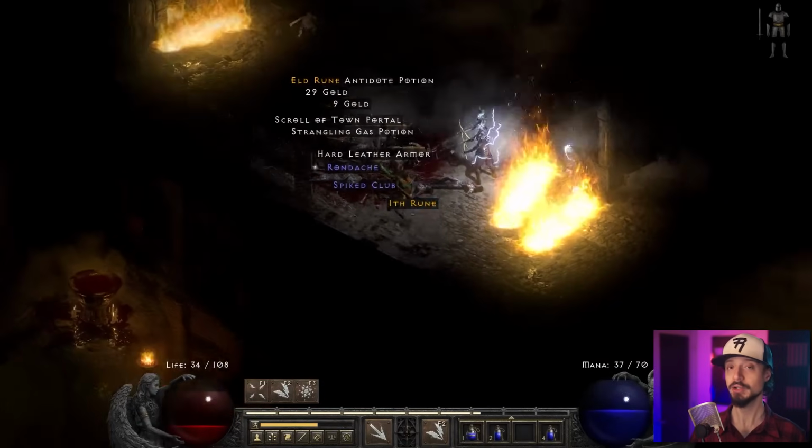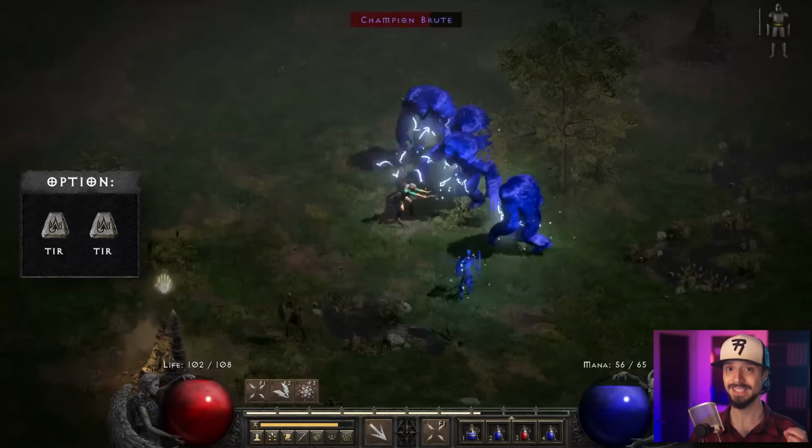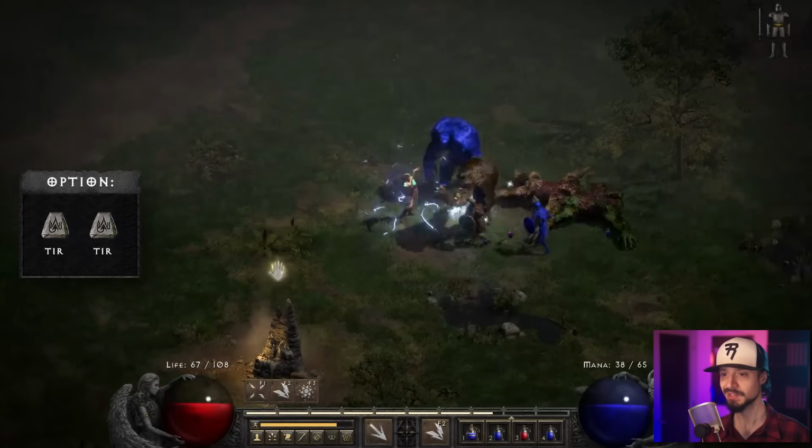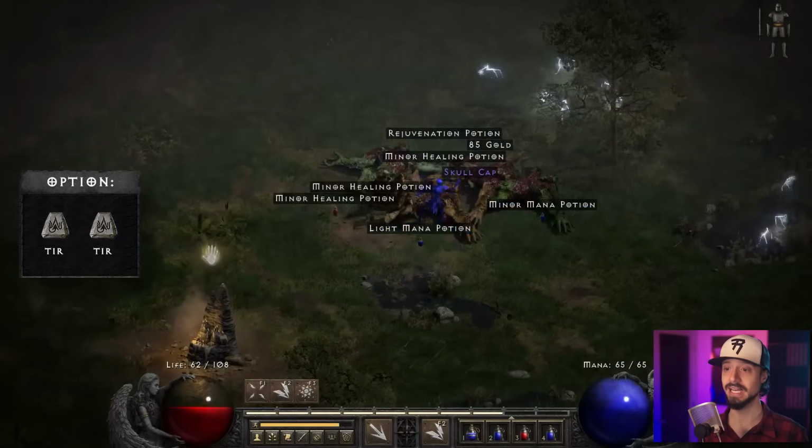If you want to, however, you can also choose to farm up to 2 tier runes, which grant you mana when you kill an enemy. As our mana needs will be on the rise, we can put these 2 tier runes in a 2-socket helm